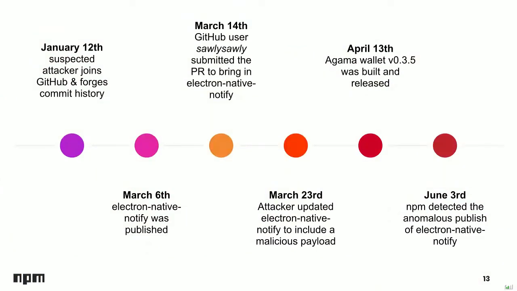So January 12th, the suspected attacker joins GitHub, and it appears that they forged their GitHub history to have private commits before that, because if you go look, they've got a badge that says they joined GitHub January 12th, but they've got previous commits before that timeline, which is confusing. So they're trying to bolster their legend there, build some trust. March 6th,